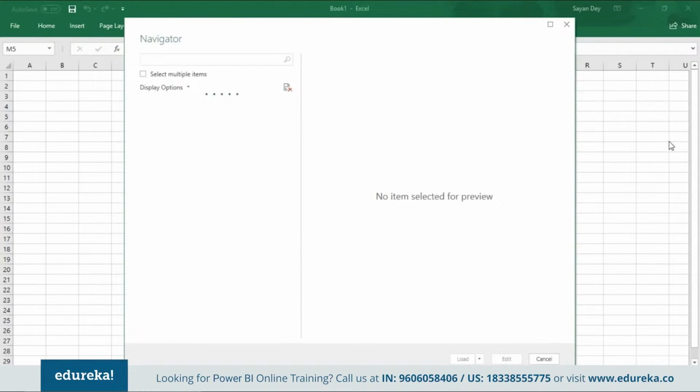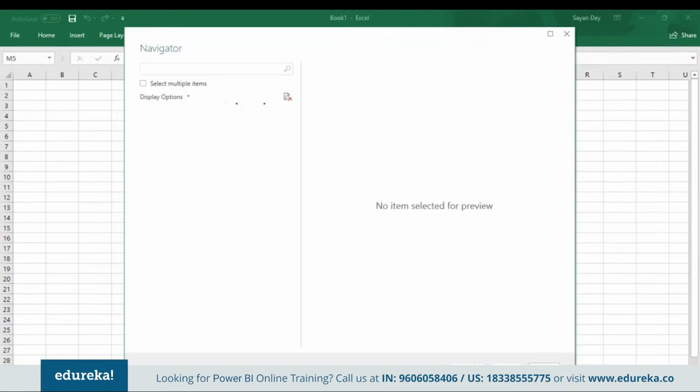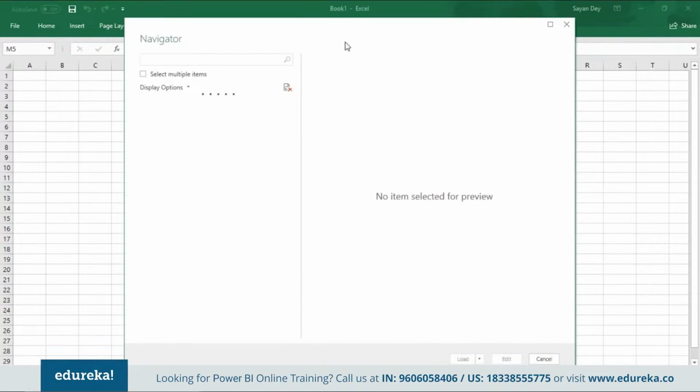The same interface, a very, very similar kind of interface opens up, just like what we saw a while back in Power BI Desktop. It is taking a bit of time to load. And the idea behind showing you this is just so that you mention these things when you're asked this question, so that you get an idea that the same thing you can do in Excel as well, what you can do in Power BI Desktop. I'll just quickly go ahead and expand it. I'll select my orders table from here, and you can see the very, very similar options are coming up: load, edit.